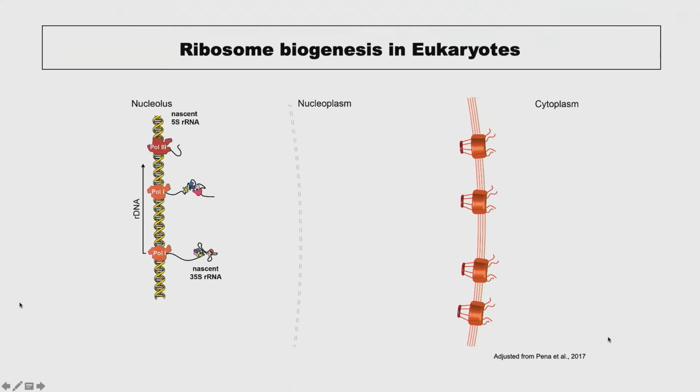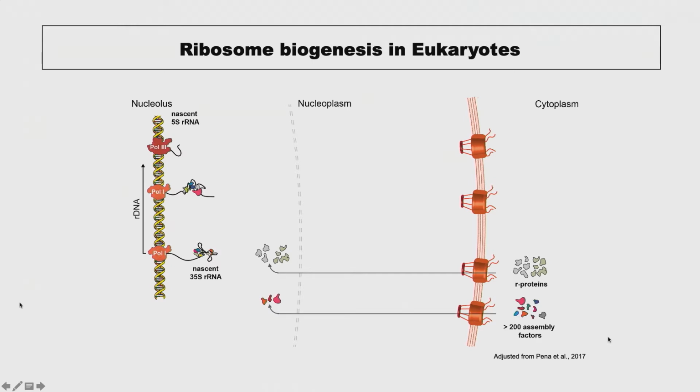And the whole process starts with the transcription of the primary transcript, the RNA, in the nucleolus. And then ribosomal proteins, which are synthesized in the cytoplasm, are transported to the nucleus to co-transcriptionally assemble with the ribosomal RNA. And there are also more than 200 assembly factors, which are not part of the mature structure of the ribosome, but which are there to regulate the whole pathway and steer the pathway from the nucleolus to